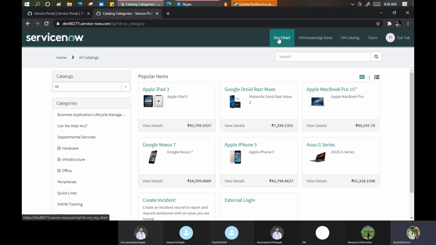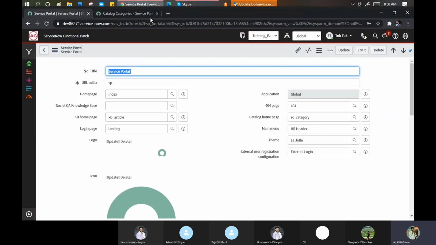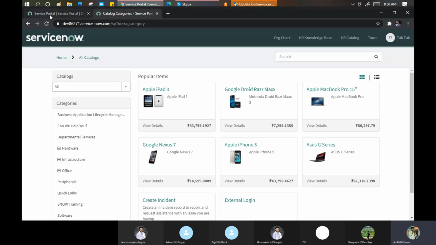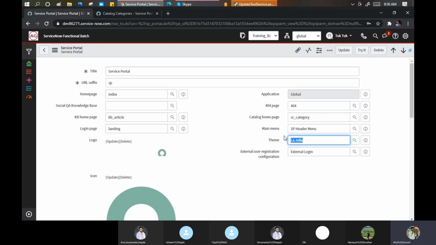See, things have been changed. So a lot of things ServiceNow provides me. Let me go back to my previous one. SP header, theme. This one which I'm showing you, this color and all the presentation, this is coming from the last Zola, a default theme. Let me change my theme here.